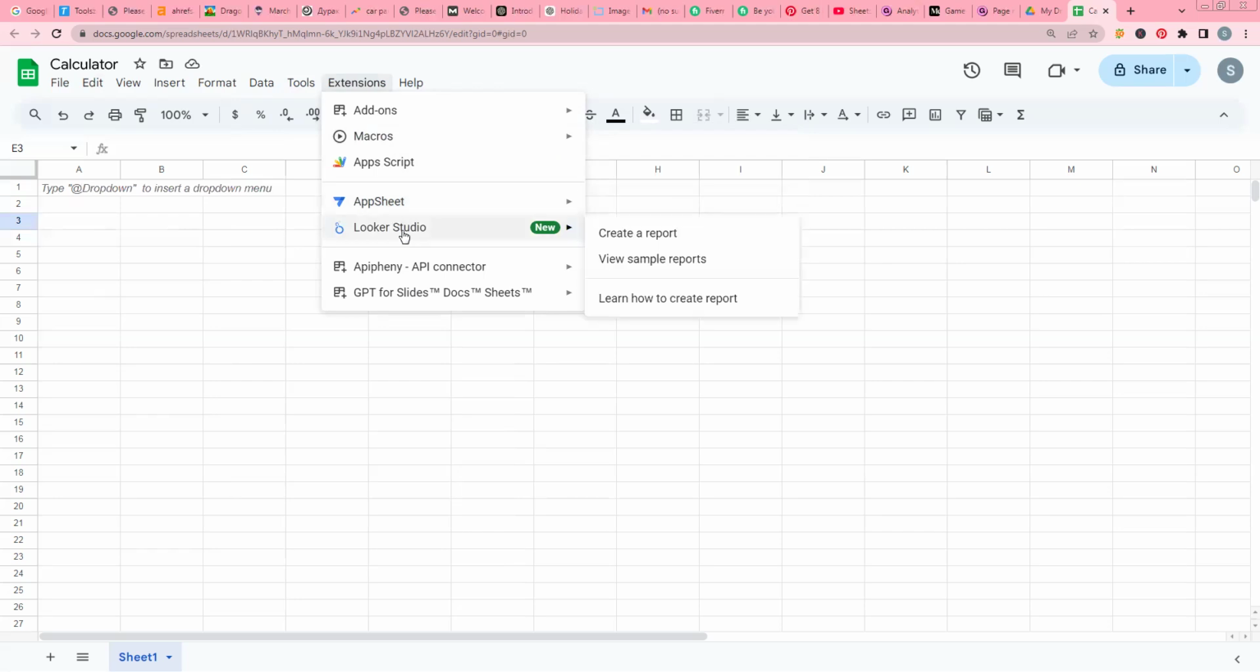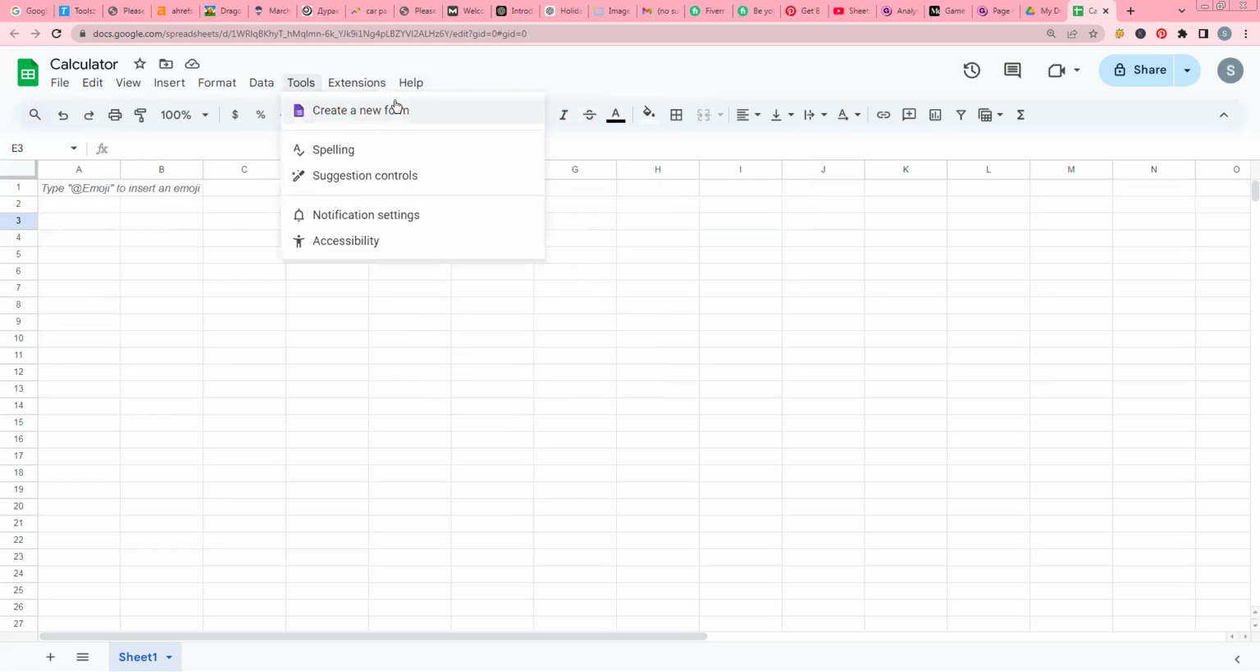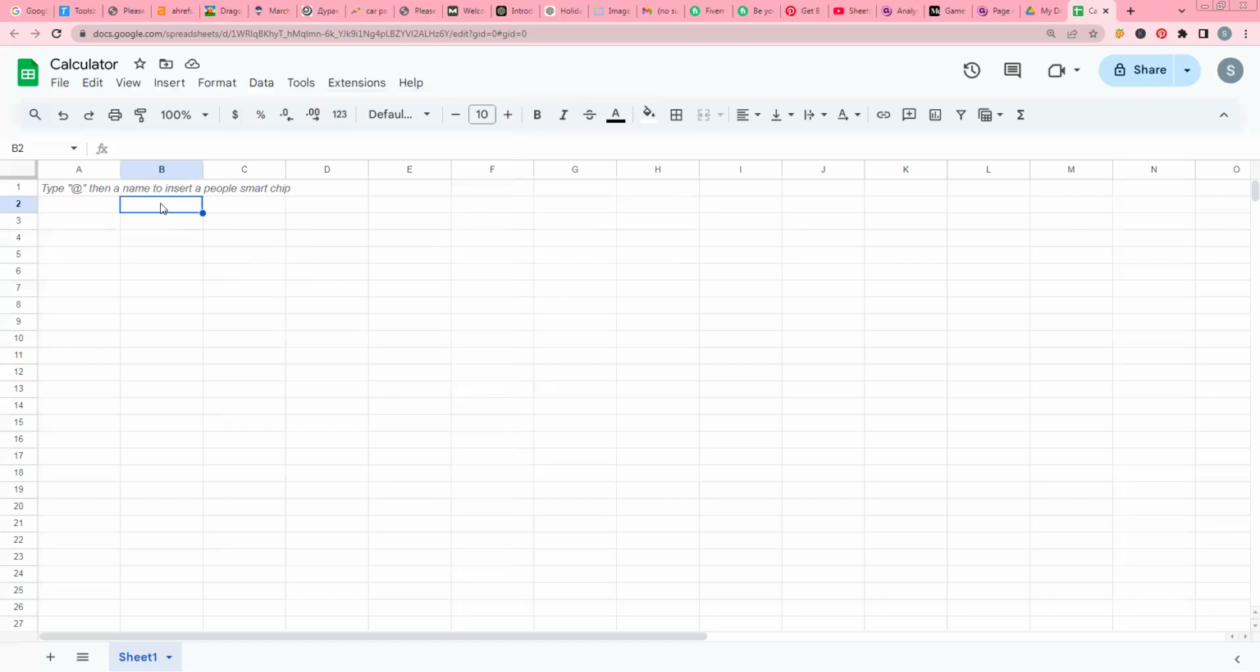For creating a report, there are sample reports, and you can learn how to create reports. You can also connect it to the API connector, GPT, and others. And you can also take help from here. So this is the first lecture. You will just know about the menu and how we should use this menu. We are going to start your course